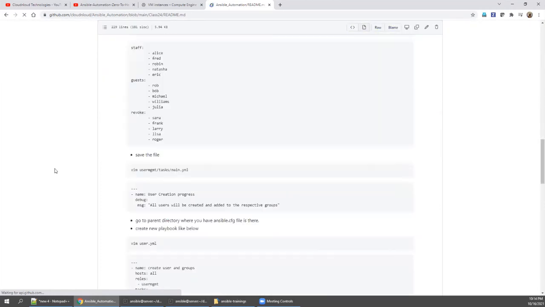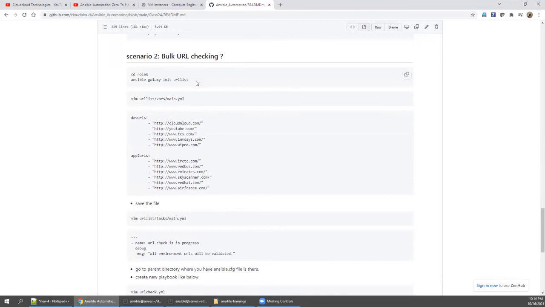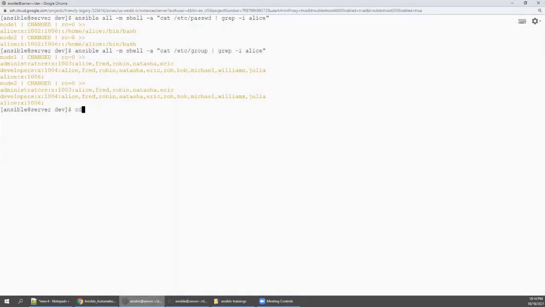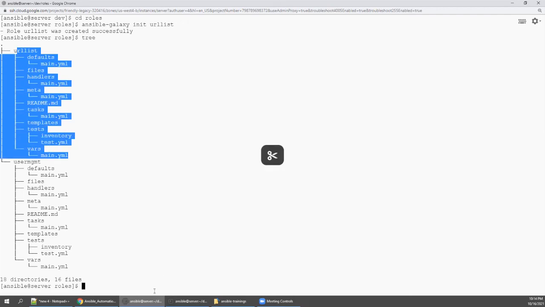So come down. We are going to check a similar one, but with a different functionality. So we are going to create another role. I'm going to say roles directory, and then I'm creating a role name and running tree. So the empty directory skeleton has been created.